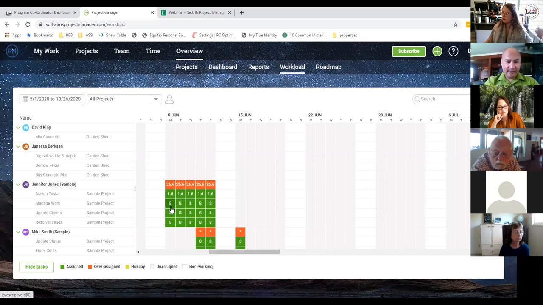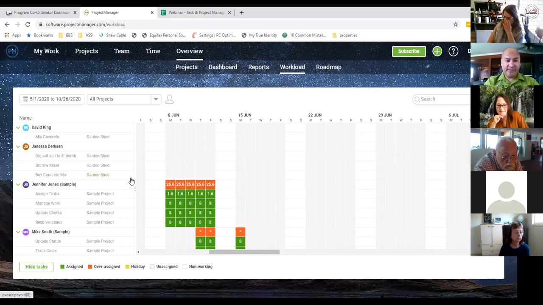We can see from here, right, you know what, Janessa, you're not doing anything. So let's allocate 8 hours to Janessa and 8 hours to Mike. That way we can level load the resources, okay? Or if these hours have to be allocated to Jennifer in this example, we need to balance this out, okay? We need to spread the load, so to speak, and come up with a projected completion date, okay?